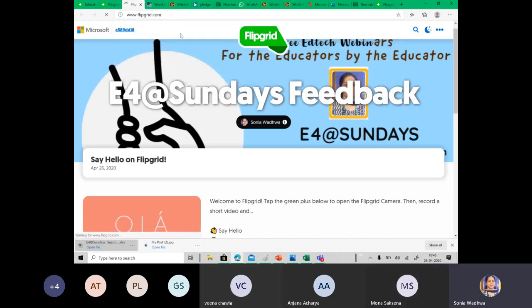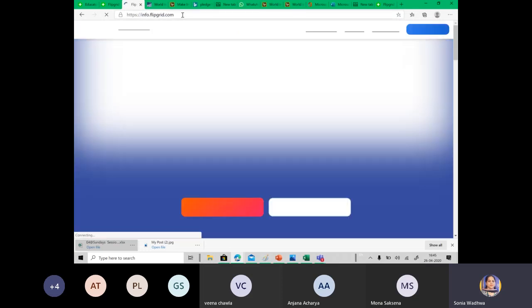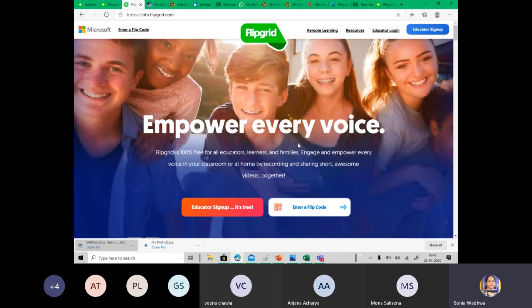There will be two things on your screen. Either if you already have a Flipgrid code, you can enter the flip code here and feed in your response. So this portion of the screen is to enter a flip code. As I gave you a code VADVA3948, in the same way you can enter the code and you are good to go and record your response.